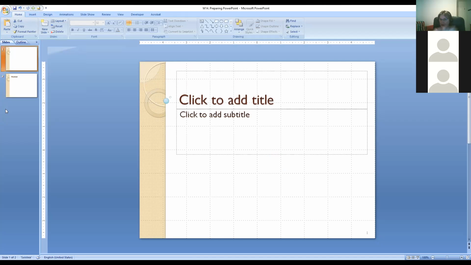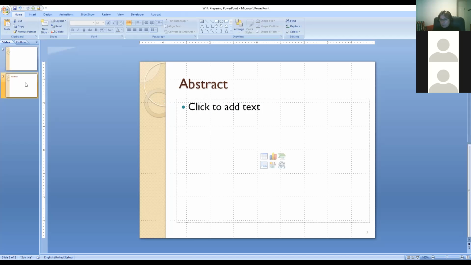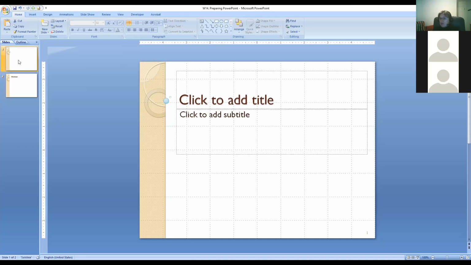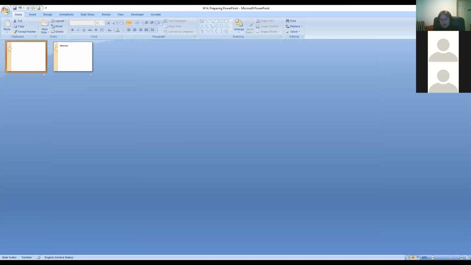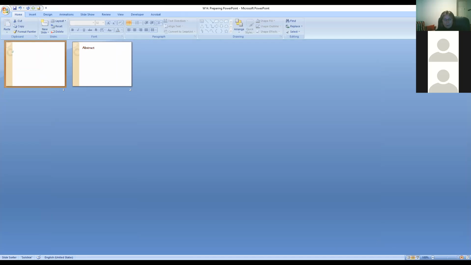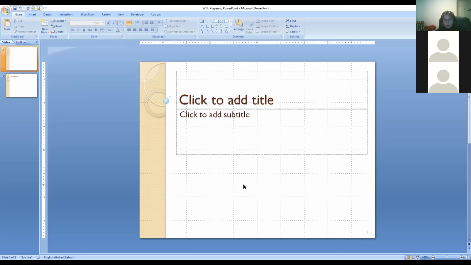So on the left, you get this sidebar where you can rearrange the slides, whichever way you want. And by clicking on any of them, you will be moving from one slide to the next. That's just one option. The other option is at the bottom on the right. You get the little slide sorter view. So if I click on that, you're going to see all the slides that you have. Now remember, I'm going to make it a little larger. You can only have 12 to 15 of them. Okay. So we'll come back to the title.